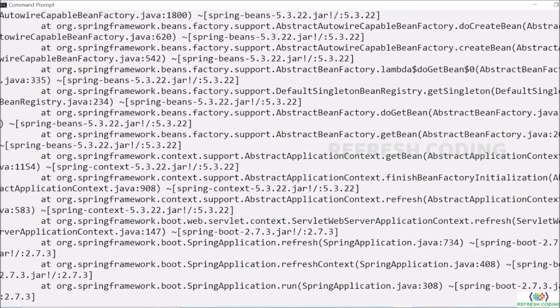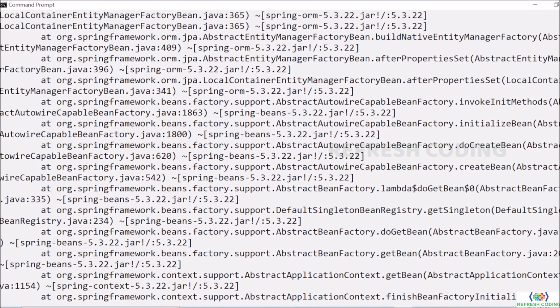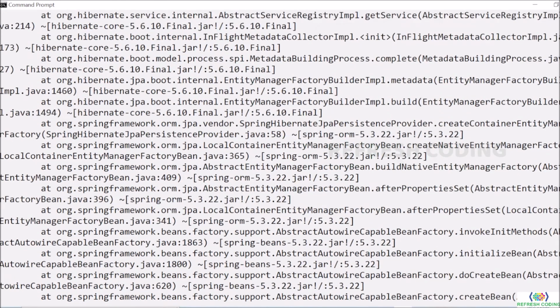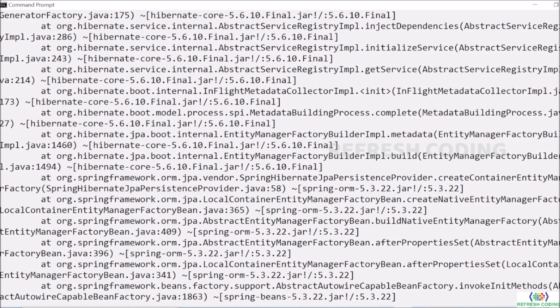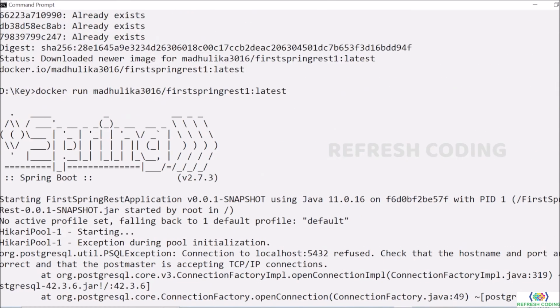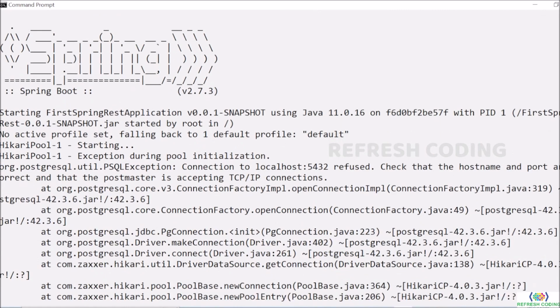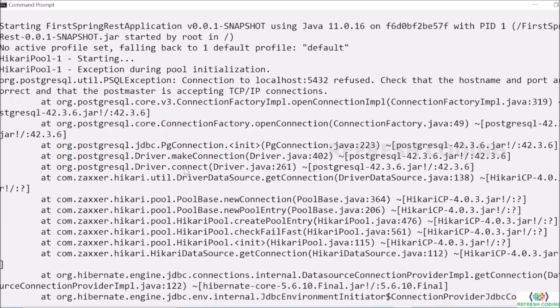So that's it in this video. Right now, if you can see, our image is running, but we are getting some errors. So what are those errors? See, the errors are because of the database, because the database which we are using is still according to the local system, and we are deploying it here. It is getting everything proper, but it is not getting the database strings. So in the next video, we will see how we can solve this database problem and how we can work with the database here in Docker.